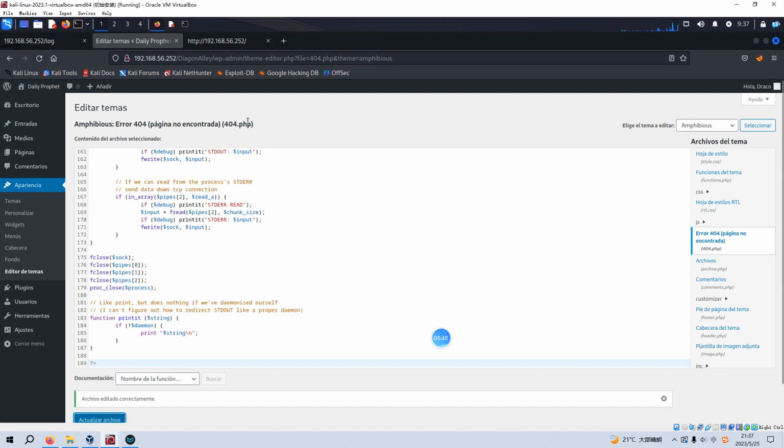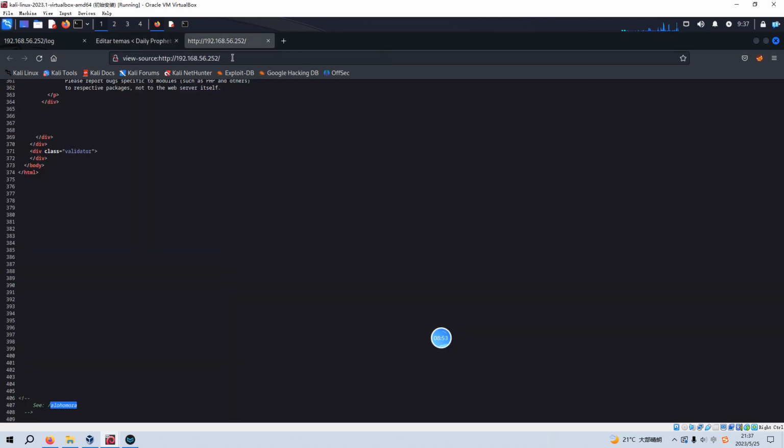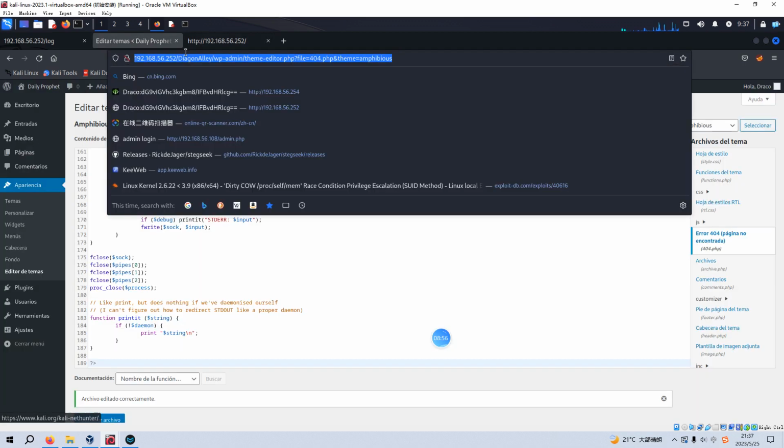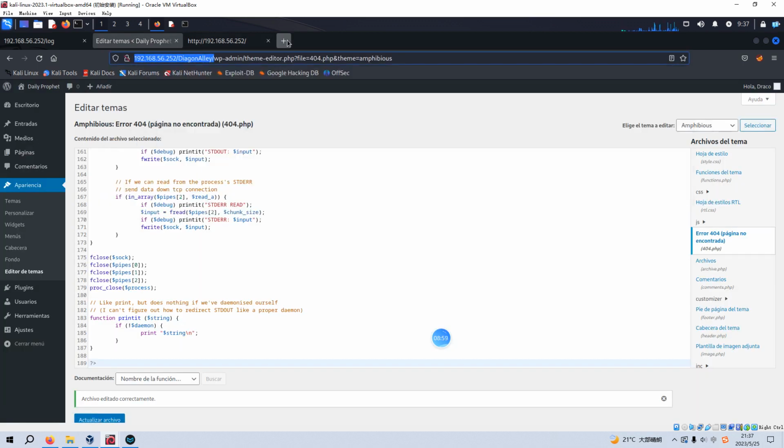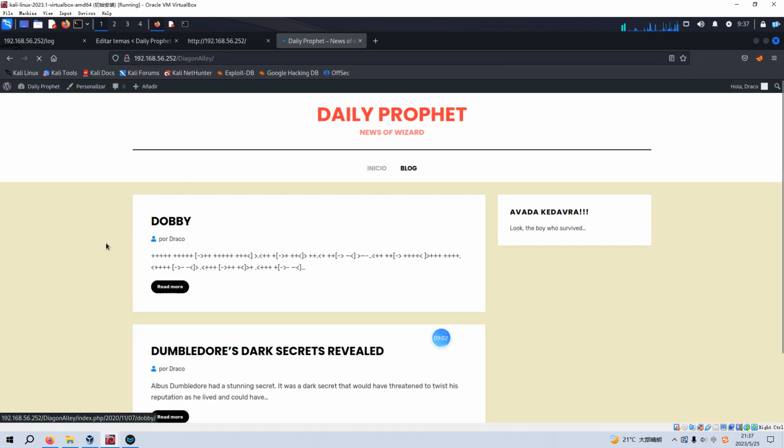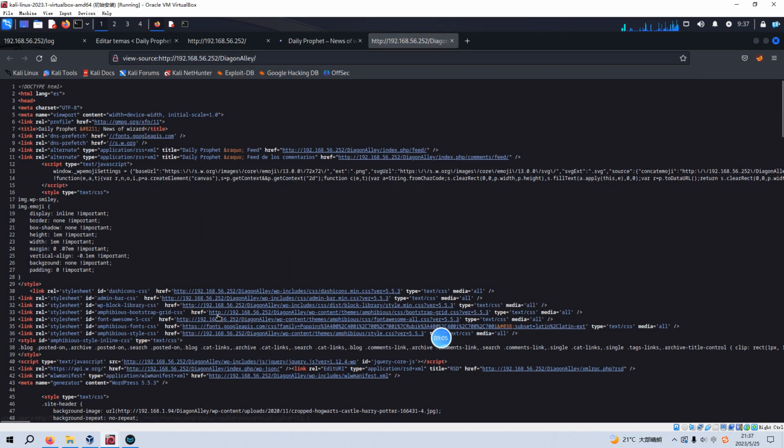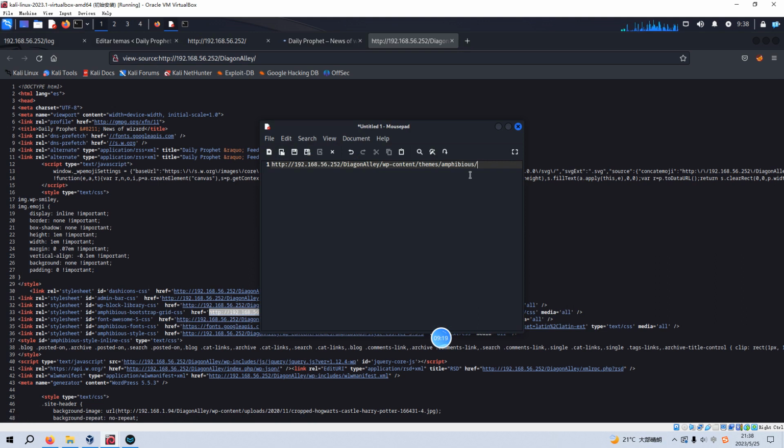So now, but where is the location of the 404? This will be very easy. We just make a copy and access again and check the source code. We can know the 404 PHP file should be under this directory, and we can make a copy and 404 PHP, and then,